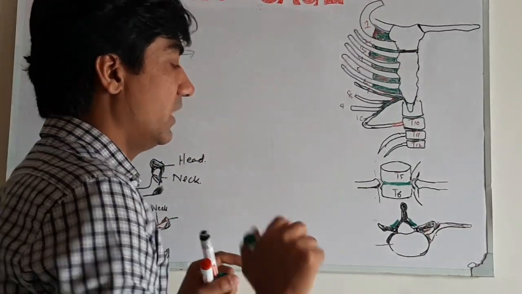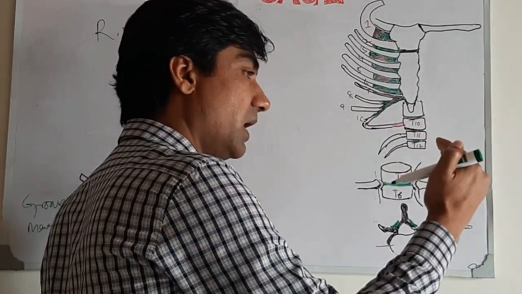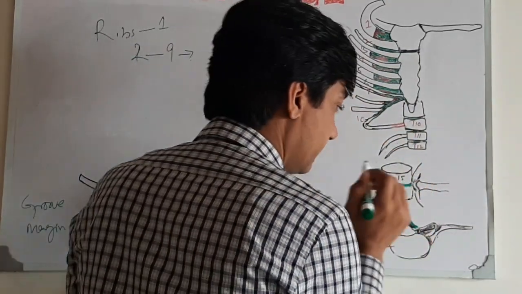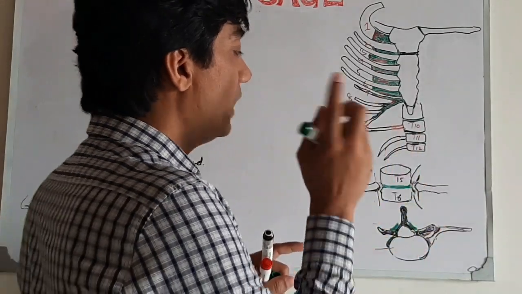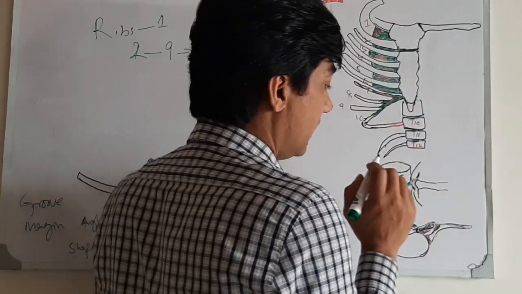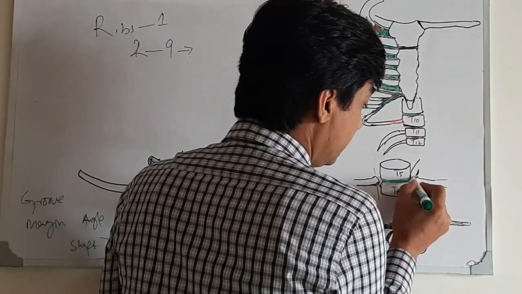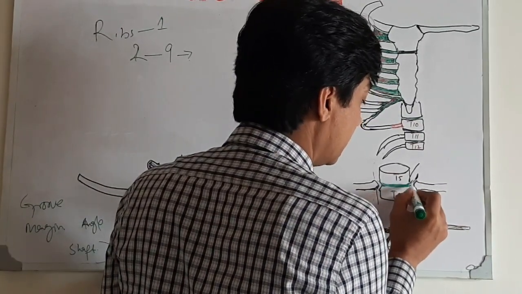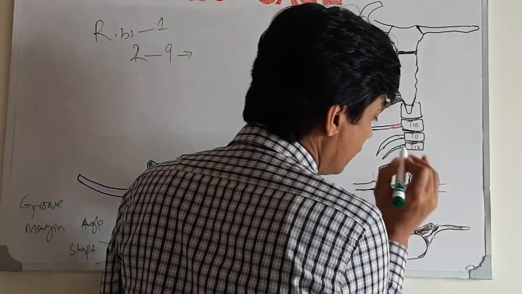That means two vertebrae: the inferior portion of the first vertebra and the superior portion of the second vertebra. You can see the attachment of ribs with the vertebra posteriorly. There is a double connection. Double connection means the inferior portion of one vertebra and the superior portion of the second vertebra. It means the rib is attached with two vertebrae.